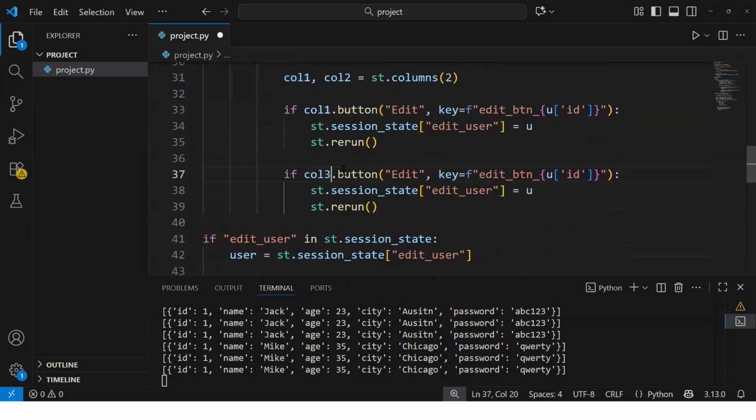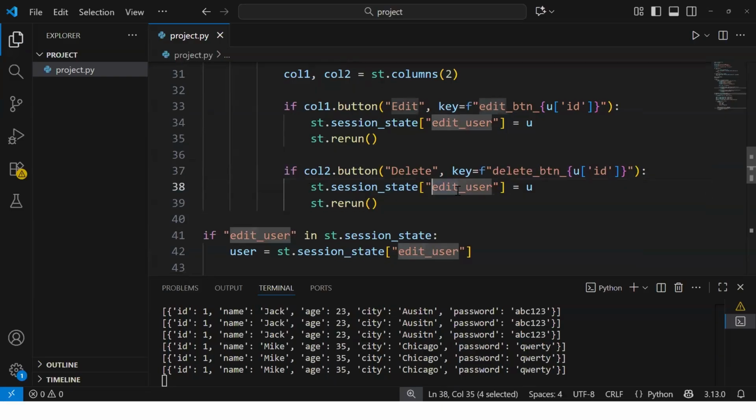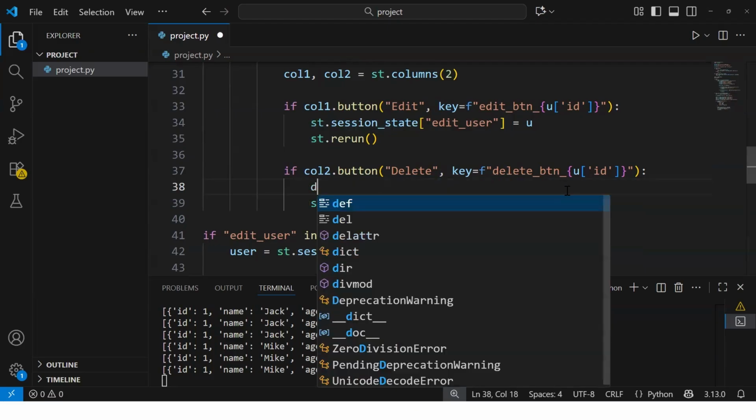Now let's go ahead and add one more button in column two, which will say delete. Okay, and in place of edit, it will be saying delete as a key. It should be a unique key for delete and edit. Now here also you can say delete user. But here we don't require this particular thing because we are not going to pass. So we can say delete